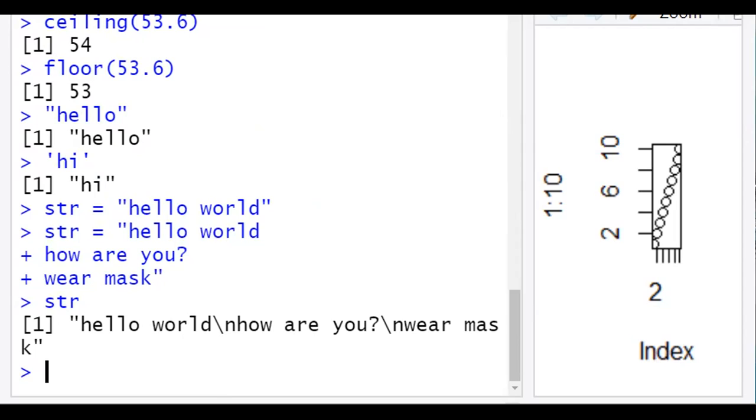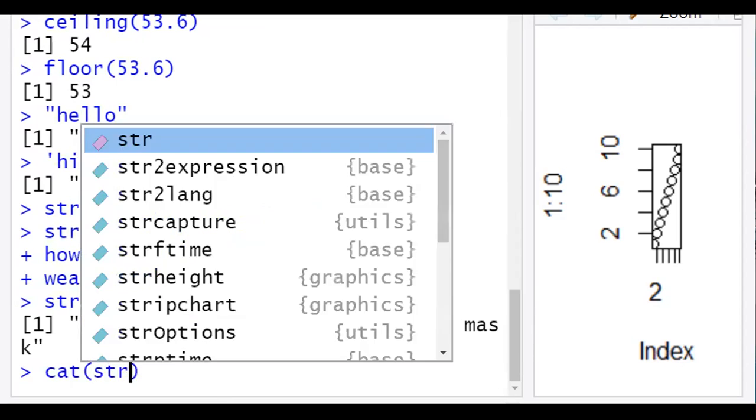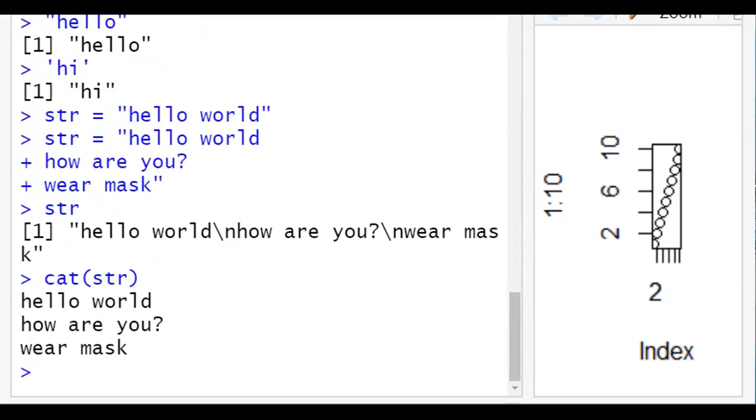Suppose we want to break the lines instead of having \n in the same position of the code, we can use the cat method. So cat(str). Now instead of \n, we have a line break inserted.